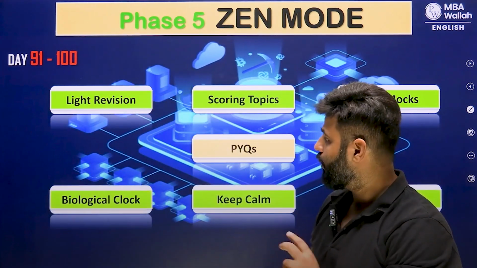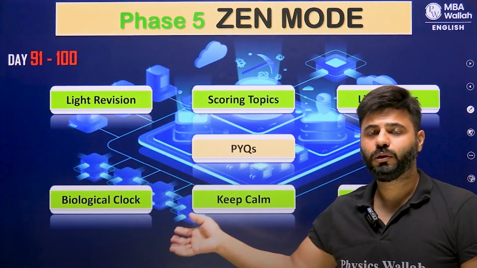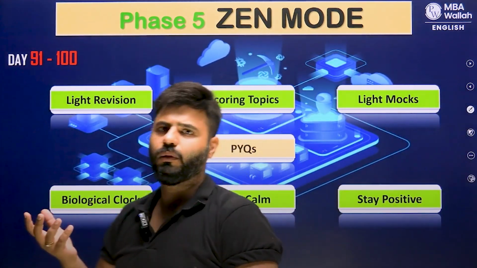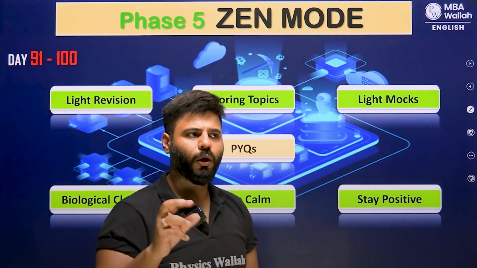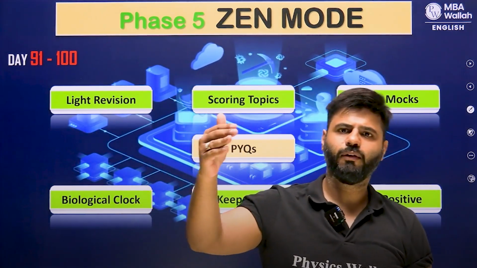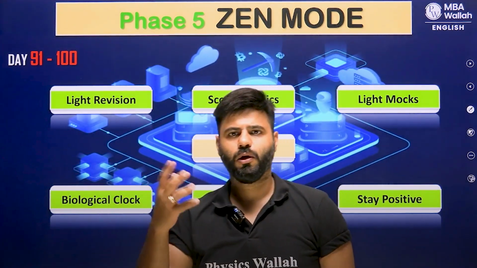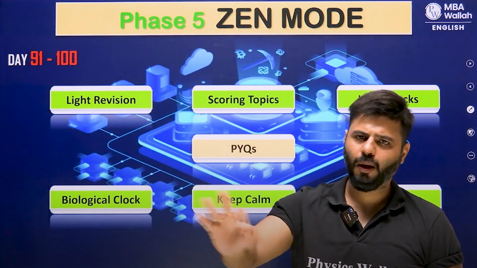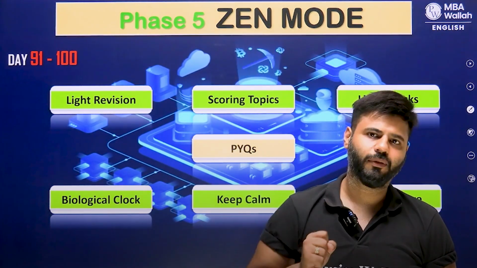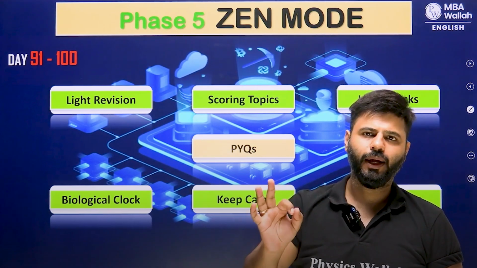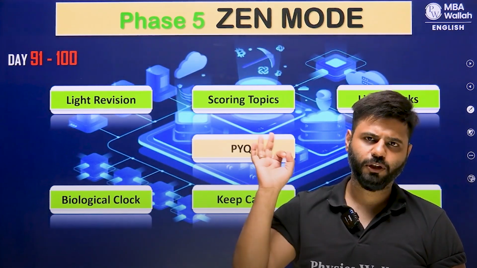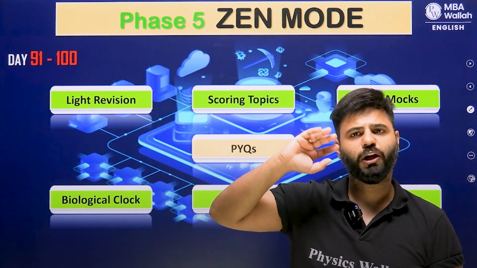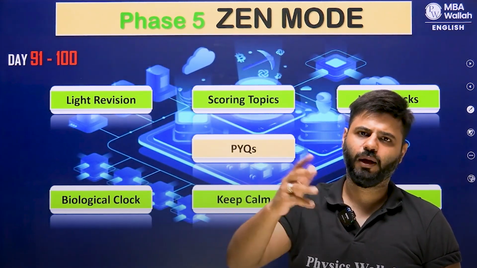And most importantly, maintain your biological clock in the last 10 days. You already know what slot you are in. Let us say I got to know that, okay, I'm going in slot 3. Now when I go in slot 3, it comes in the evening. So I'll adjust my biological clock so that I am working at my best in the evening, right? My brain is working at 100% efficiency, whatever I'm capable of, at that particular point of time where I have the slot.